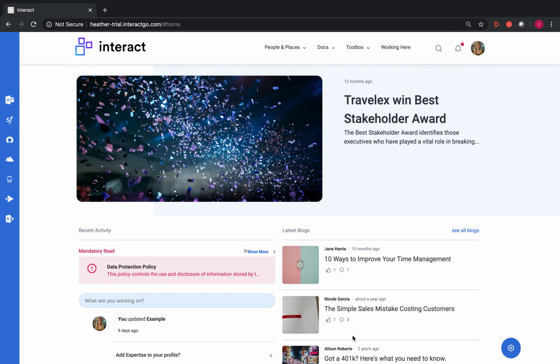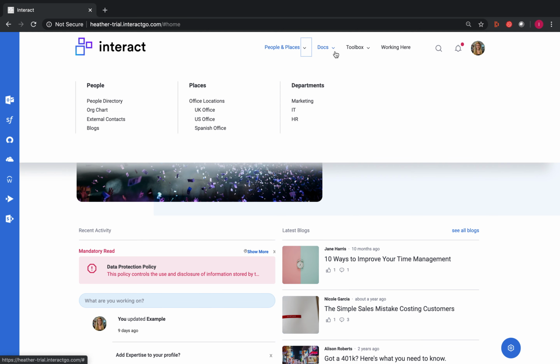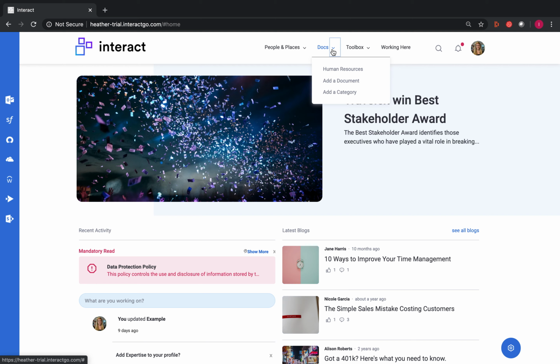Building a mega menu can sometimes be a tricky process, and sometimes understanding how a mega menu has been created for your permissions is also tricky. In this short video, we're going to spend 5 minutes or so having a look into how a mega menu is created and understanding how those links go through to different areas, because we want a mega menu that looks like this compared to this. Okay, how do we get it from that under docs, human resources, etc., to look like